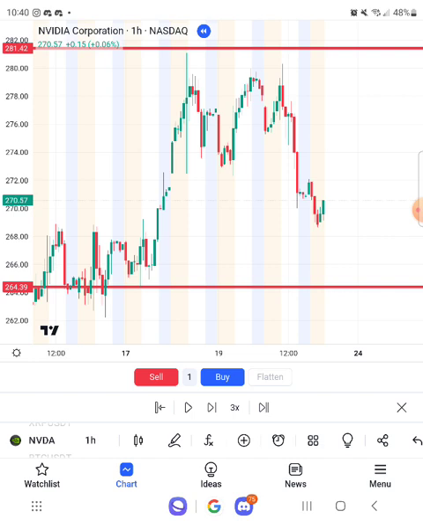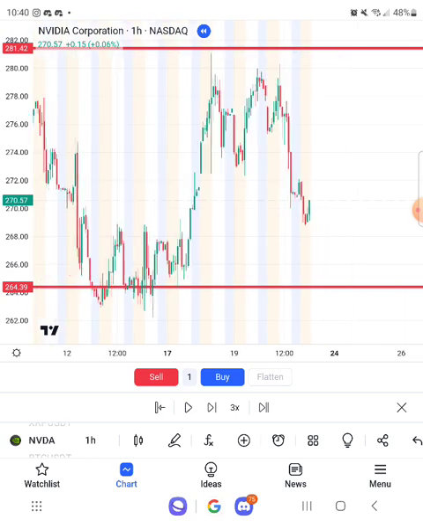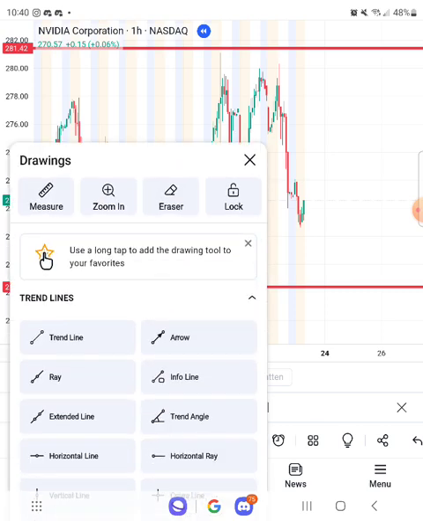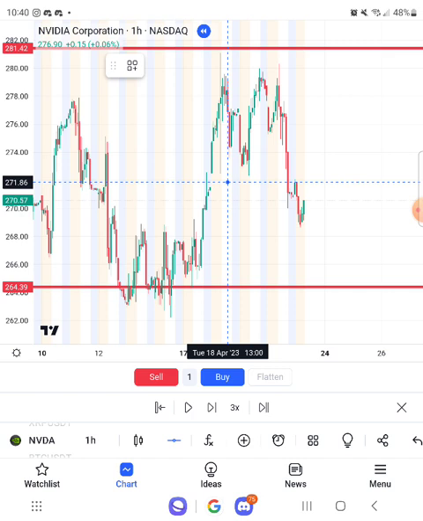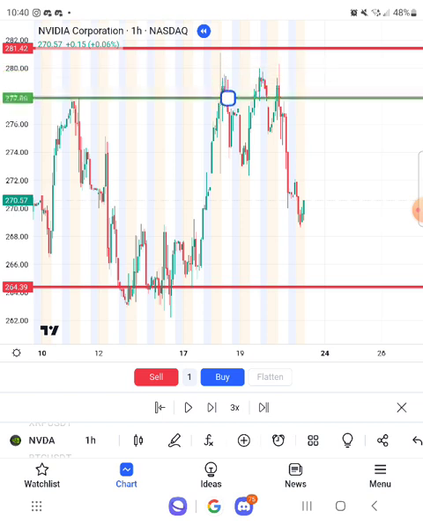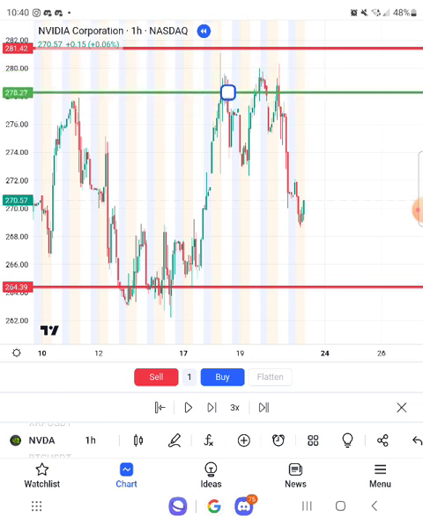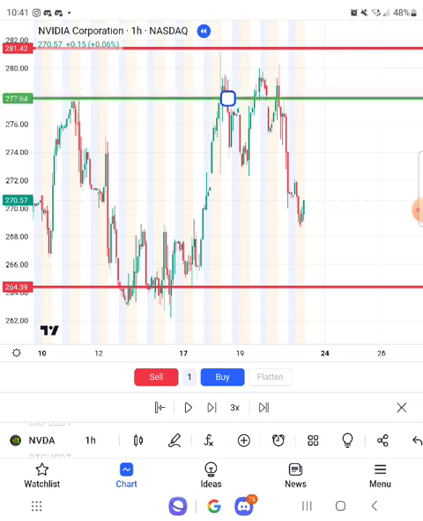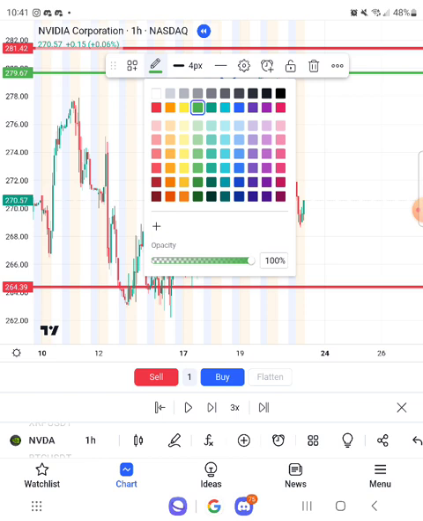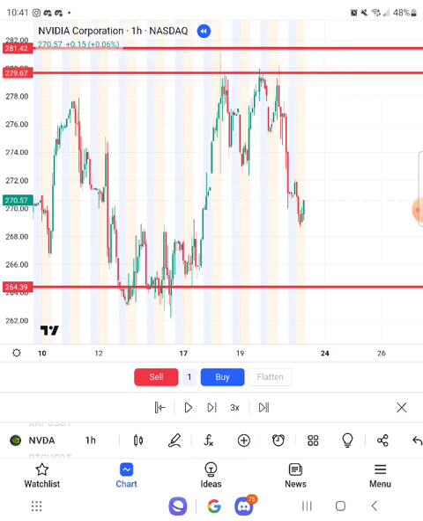I'm not going to draw my trend line now, but I'm going to mark this zone and move the upper line down here. You see, we're still in the weekly, but the zones here in the 1 hour are not the same. We have a zone here. You want to mark where the candle wicks touch each other. Make sure that they touch. You just mark it there. And I'm going to change the color to red, because this is the selling zone.